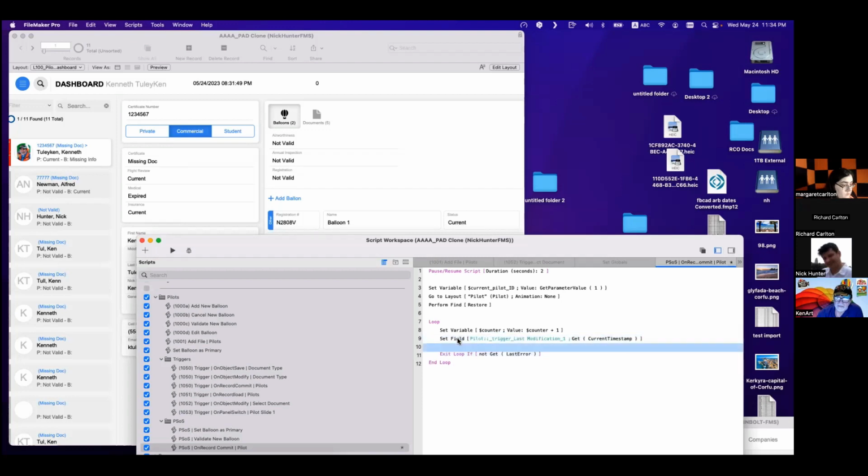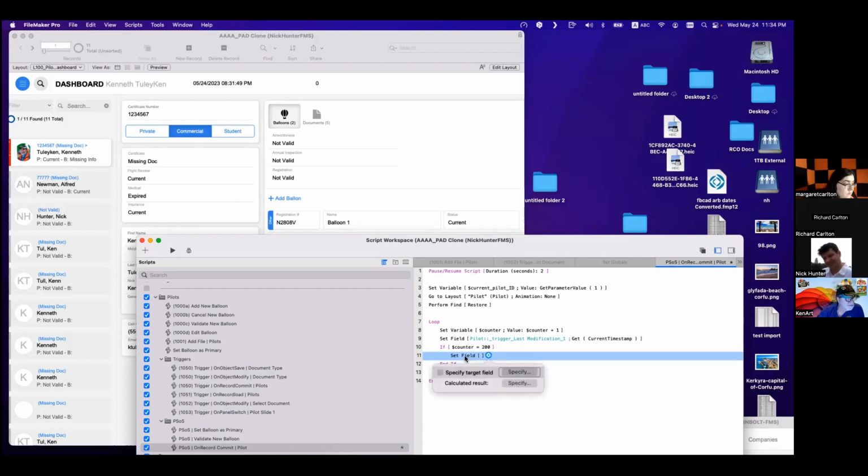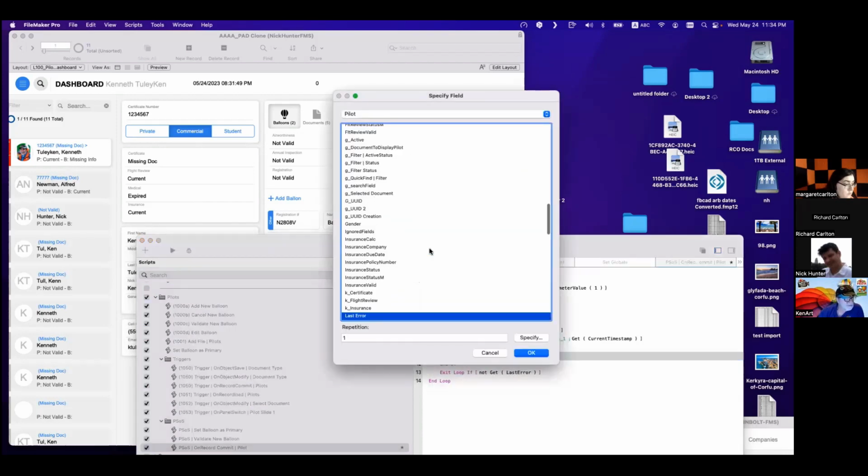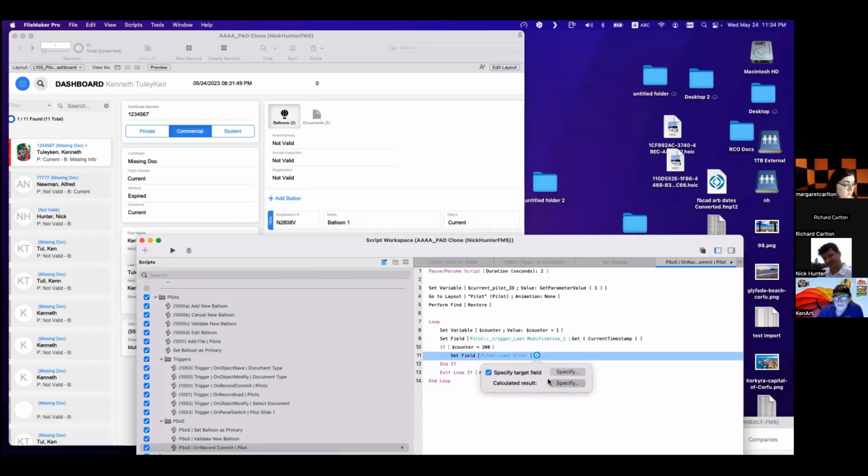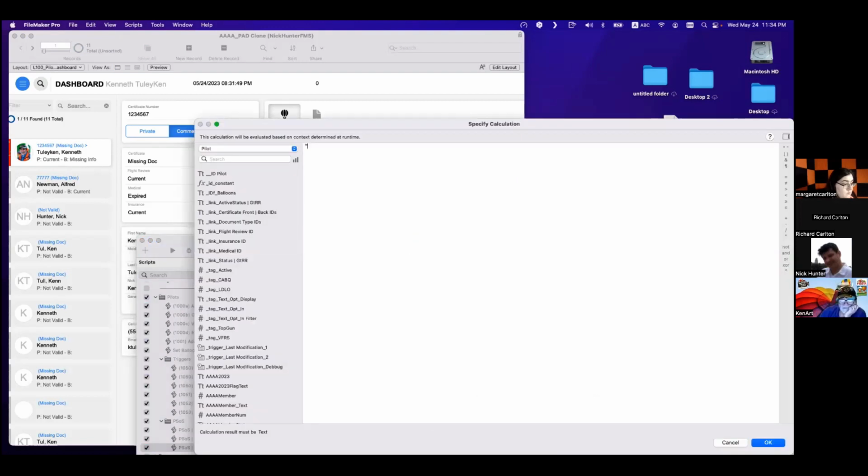Set, right? And if counter equals 200, for example, it tried 200 times, okay? You set the field last error, and you say this record hasn't been updated, for example.